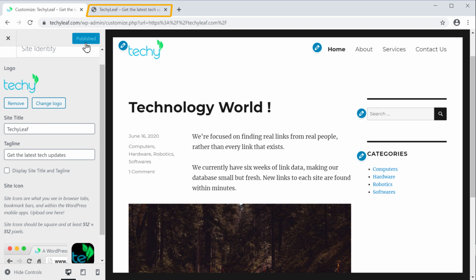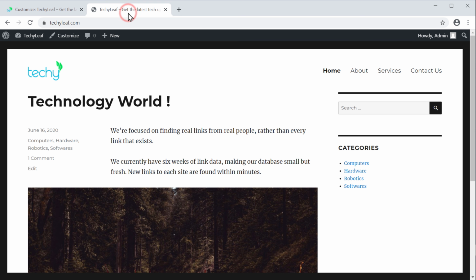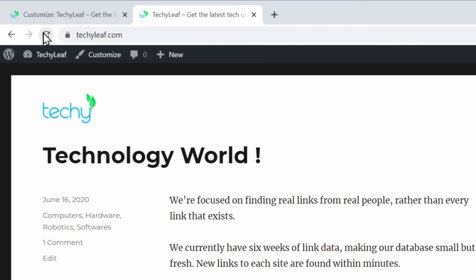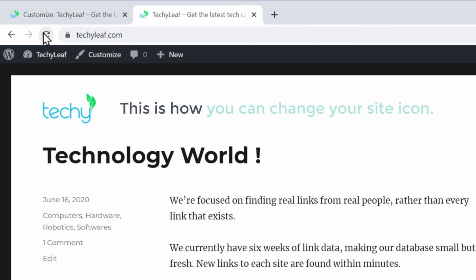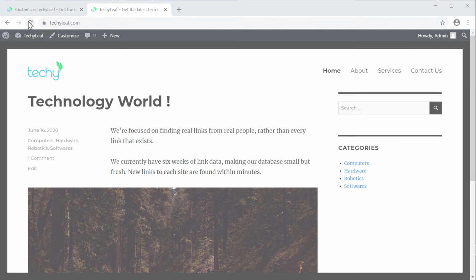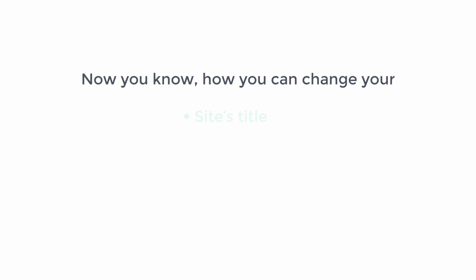And now, if we go back to our website and then click Refresh, you can see that our site icon has been changed. So this is how you can change your site icon. Okay, that's it guys. So now you know how you can change your site's title, tagline, the logo, and the